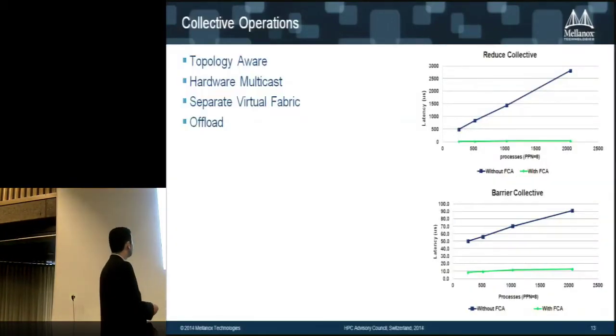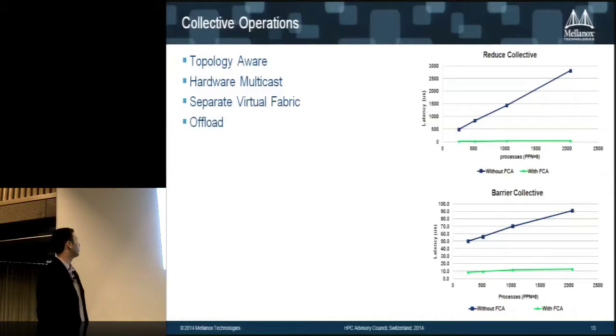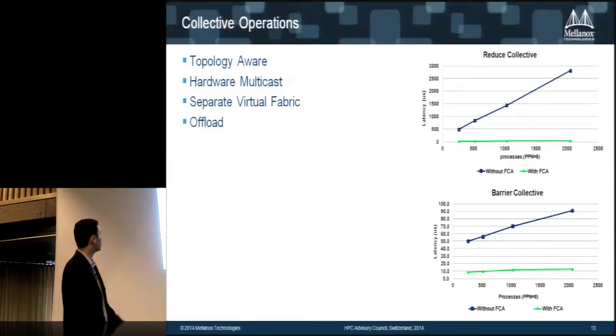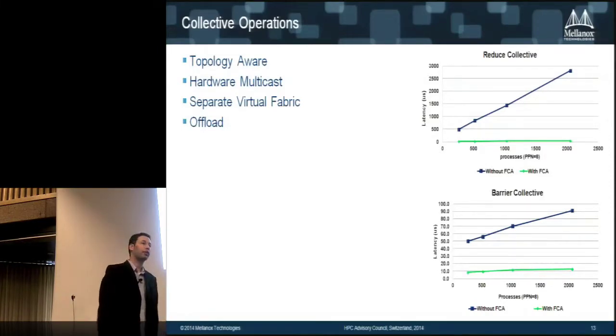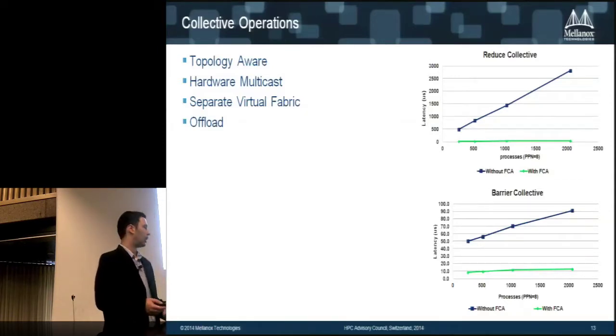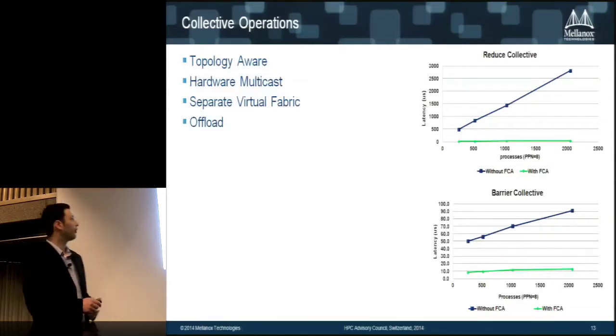So first of all, I'm talking about collective operations, which I mentioned is really important, and you need to make them as efficient as possible. So you can look at topology awareness. You can take advantage of hardware multicast and use that as efficiently as possible. You can try to run collectives on a different virtual fabric using a different virtual lane to make sure that the data moves fast and more efficiently. And you can use more and more offloads. The graphs here are showing